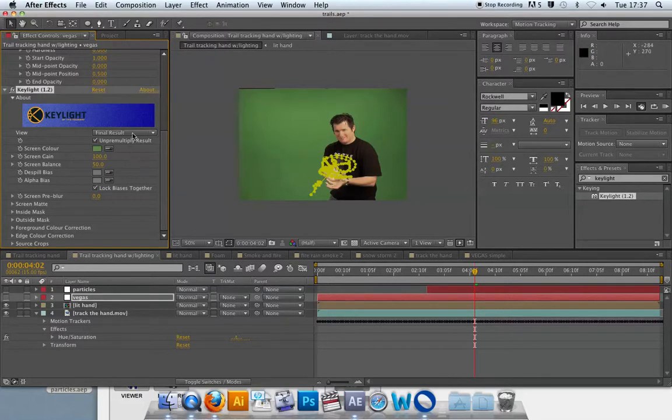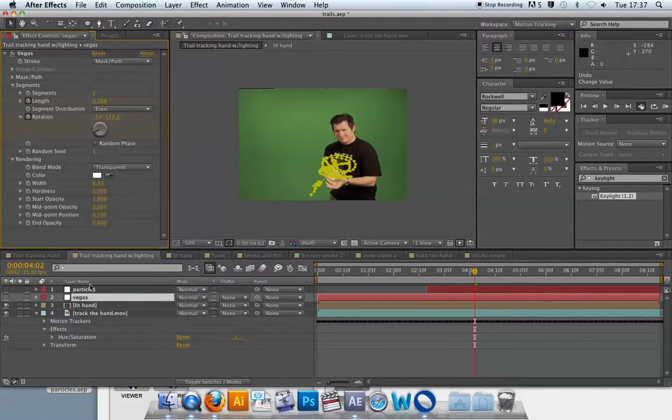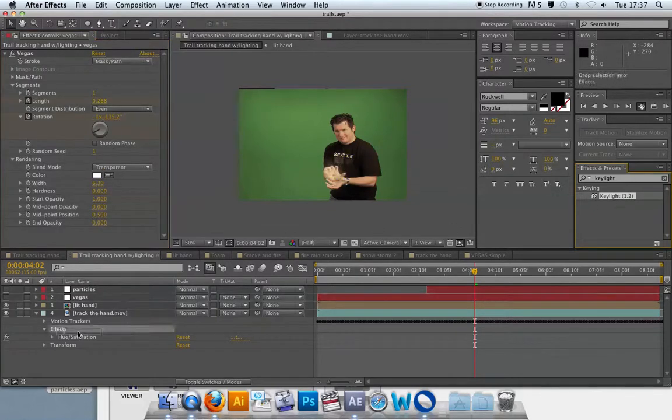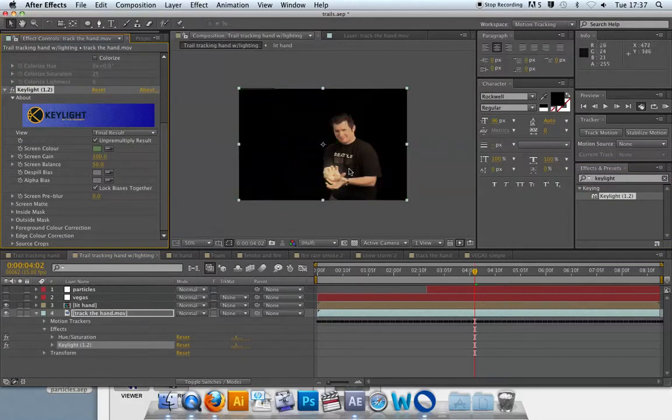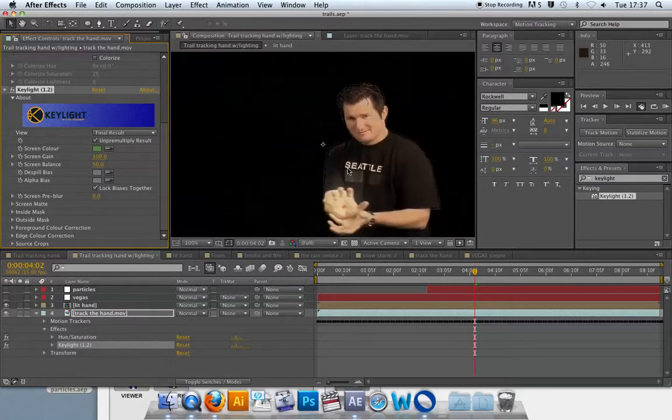Am I in the layer view? Whoops, I think I've applied it to the wrong layer. I applied it to my solid and not the... So I'll drag it down here onto track the hand. Now I'll try that again. Screen color. Okay, so it's even straight off the bat, I mean, it's pretty good, but you can go down